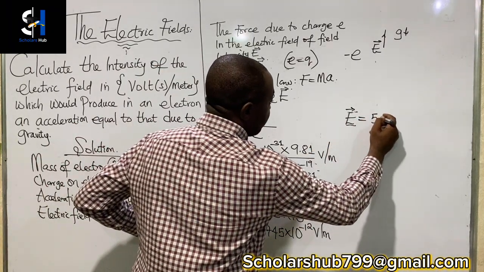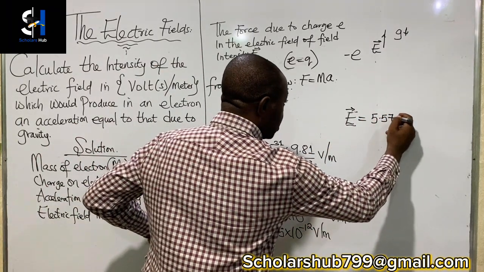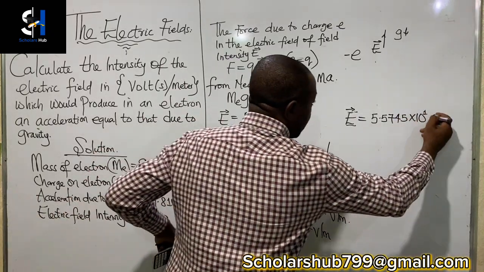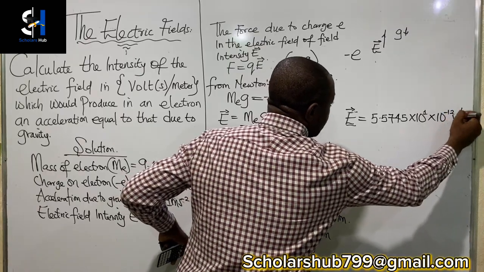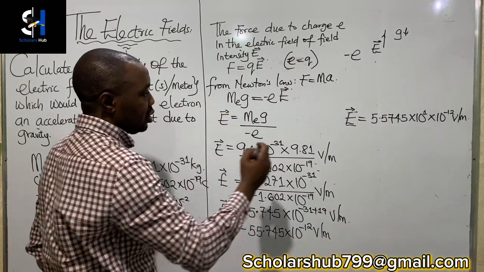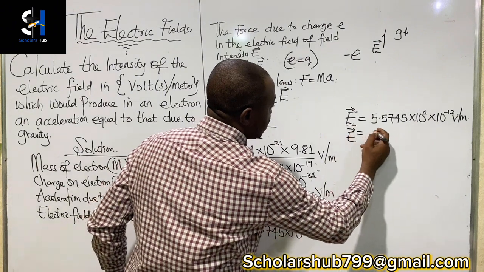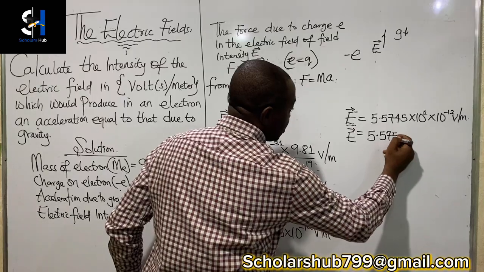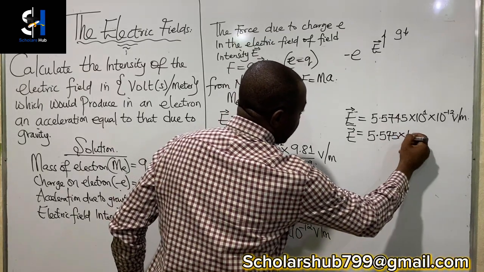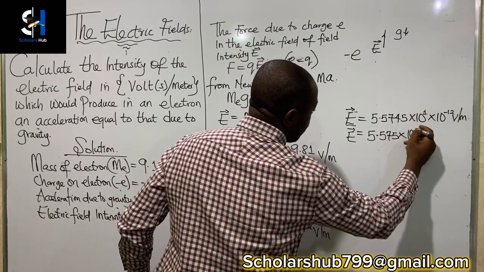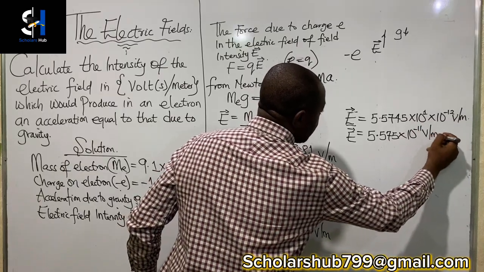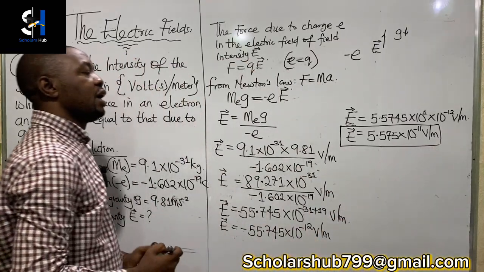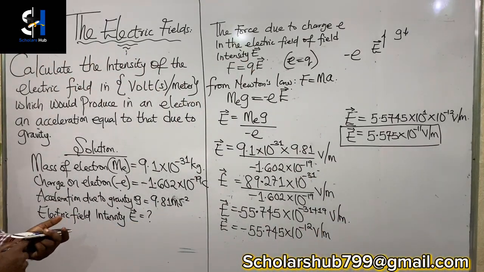This will be 5.5745 times 10 raised to the power of 1, then multiplied by 10 raised to the power of minus 12 volts per meter. So the electric field intensity will be 5.5745 times 10 raised to the power of 1 minus 12, that will be minus 11, in volts per meter. So this is the magnitude of the electric field intensity,